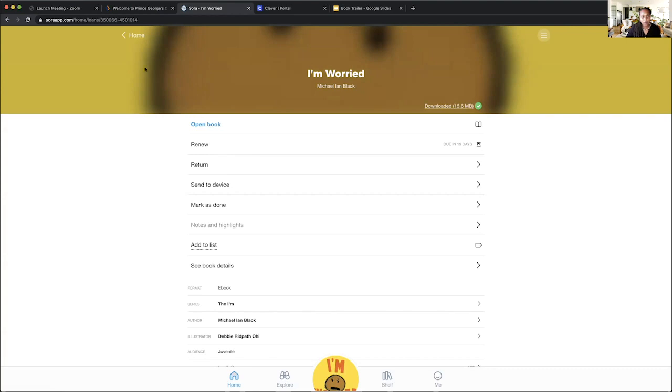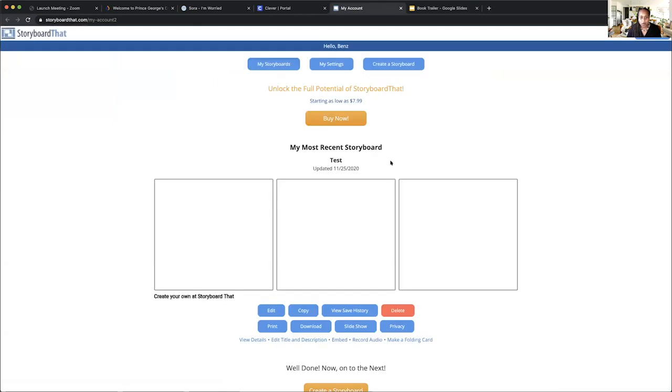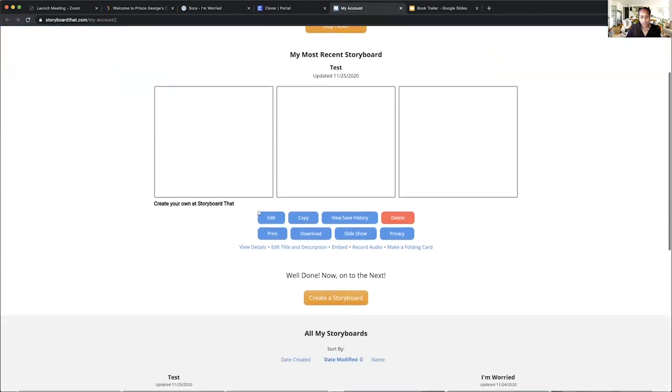After they've read the book, you will have students log into Clever. Once they've logged into Clever, they will click on to Storyboard That. In Storyboard That, students will create their frames for their book trailer. So you would click on create storyboard. And once they've created the storyboard,